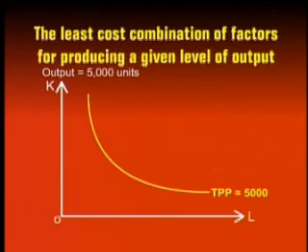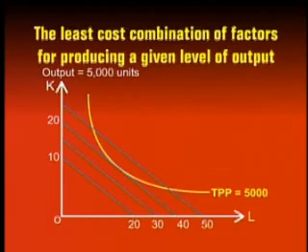The figure that is shown here first gives the level of output, that is 5,000 units. Let's start with the first question, that is finding the least cost combination of factors to produce a given level of output. Let's take the level of output as 5,000 units, and let's draw the isoquant for this 5,000 units in our KL space. Now, a series of isocosts are drawn representing different levels of total cost or total budget